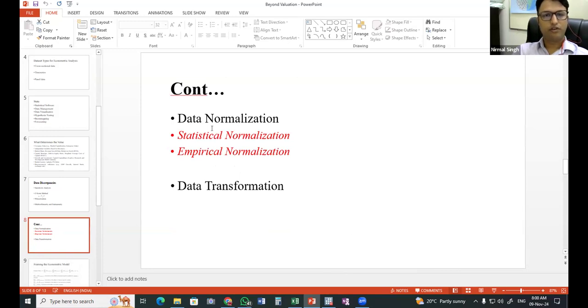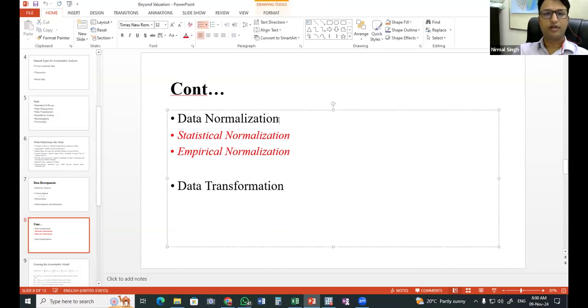the other thing which we can do with the data is data normalization. Say, for example, if our data is varying quite a lot and we want to put a range, so that particular variables should range between that only. There are different methods which we can rely on to change the range. If my data is ranging from 1 to 1 lakh, I can bring it to 0 to 1 by using statistical normalization, so that the data will vary only between 0 and 1. It will be easy to interpret.